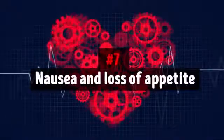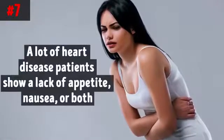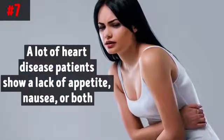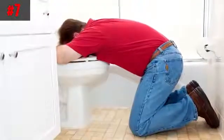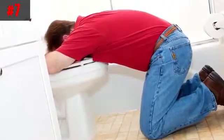7. Nausea and loss of appetite. A lot of heart disease patients show a lack of appetite, nausea, or both, even if they've just had a couple bites of food. The reason for that is built-up fluid around the liver and intestines that interferes with proper